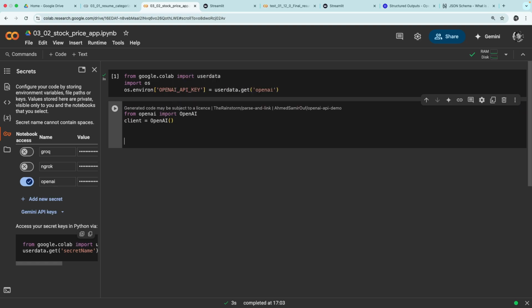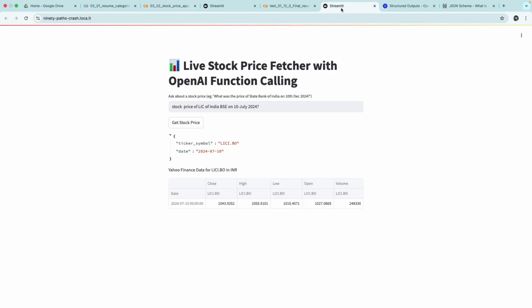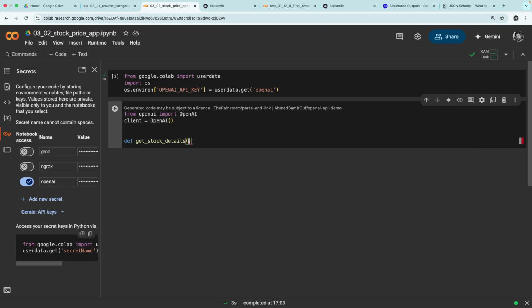OpenAI. Here I'll define a function, define get_stock_details. So this is going to generate a ticker symbol for each stock we are going to give. From this name, LIC of India, it will generate this code. So first we'll write the code for that, and for that the input is going to be the user query. Under that we need to add the function call, and we can give any name,